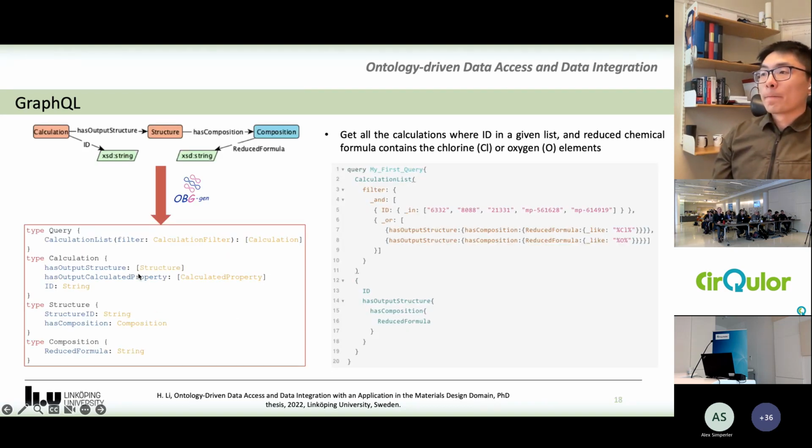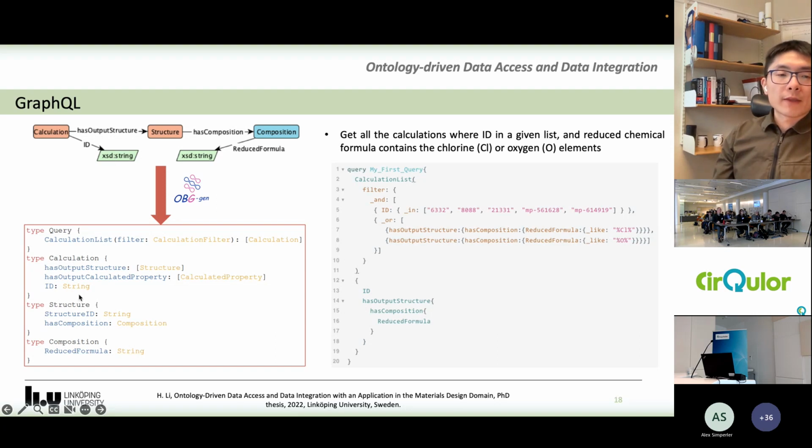For example, based on the materials design ontology, we can generate such a GraphQL schema. We have the type definition for different concepts in the ontology, and then we have the field declarations for different data properties or object properties in the ontologies.